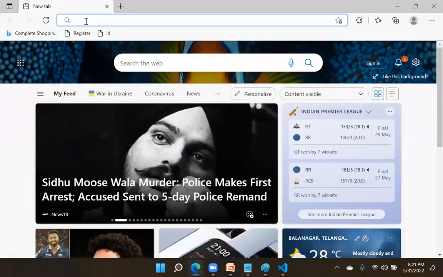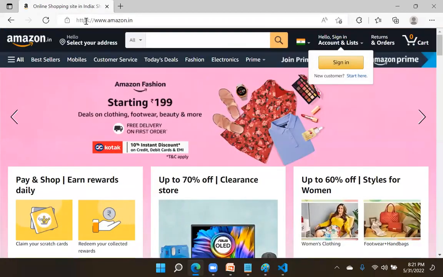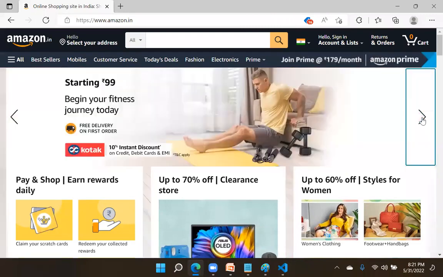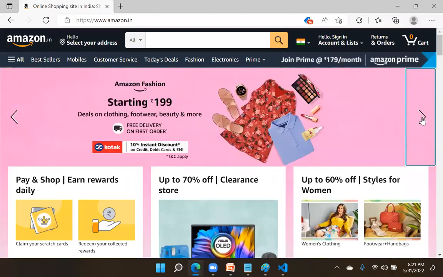Component is not a new concept. Suppose you see Amazon. I opened Amazon. In Amazon here, there is a sliding banner. Do you know what it is called? It is a component. It is called a carousel. If you want your website to have such a carousel, will you design this animation again? No, we don't design.